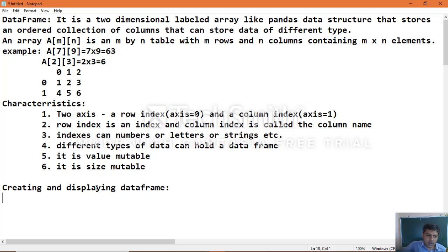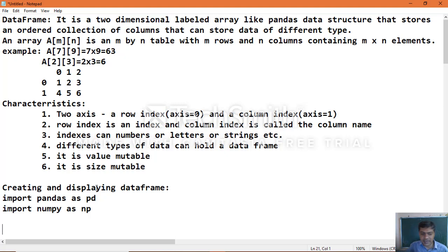Before starting your application, you must include two modules: import pandas as pd, which is the alias name, and import numpy as np. These are the two modules you use every time you create a data frame.